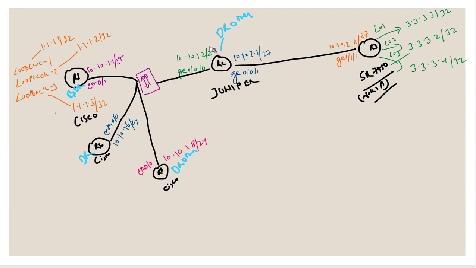DR other is having full neighborship with BDR and DR, right? Similarly, it is having a full neighborship with DR and BDR, right? But with R1, with R2, which is my Juniper router, R8 is having a two-way